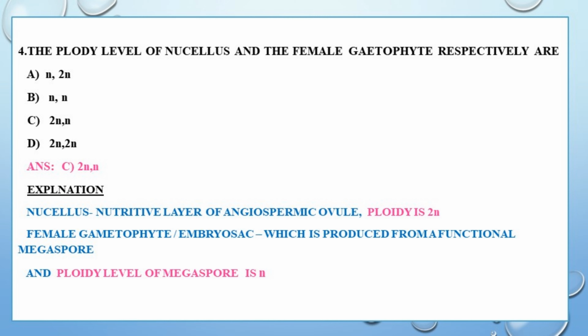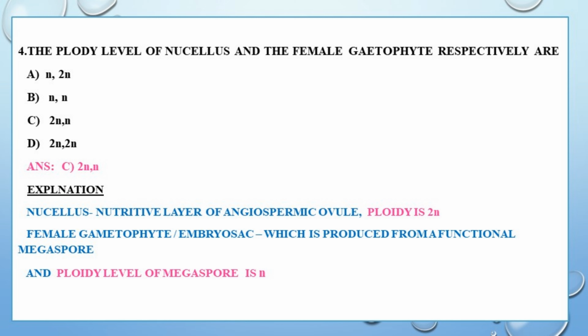Next question is, the ploidy level of nucellus and the female gametophyte respectively are: first choice N and 2N, second one N and N, 2N and N, and the last one 2N and 2N. So let's go for the explanation. You know the fact that nucellus is the nutritive layer of angiospermic ovule and its ploidy level is 2N,